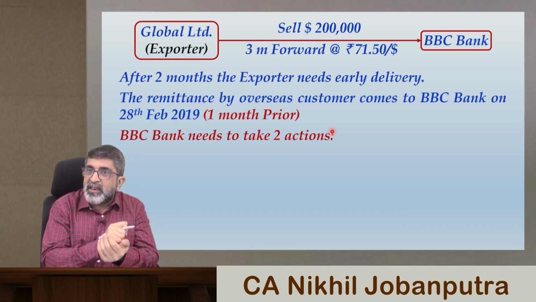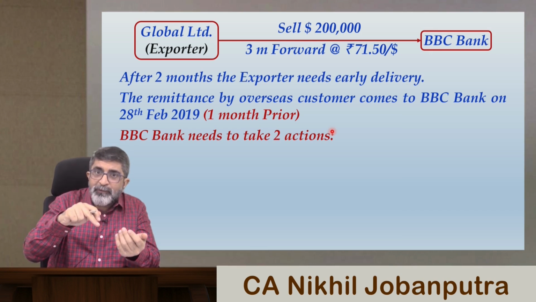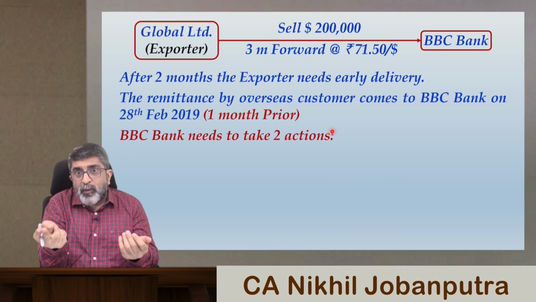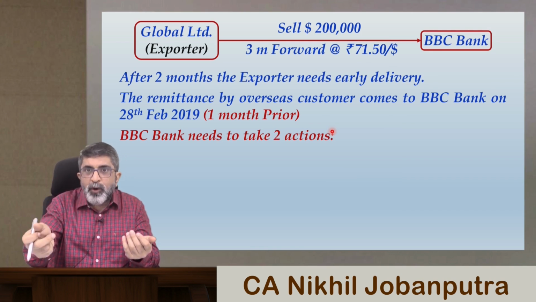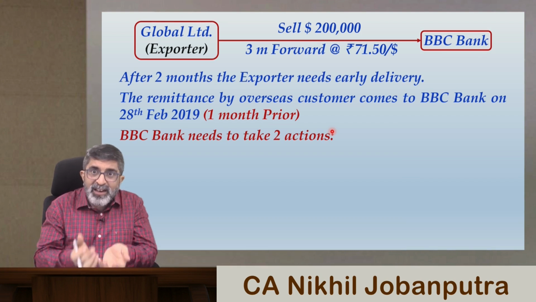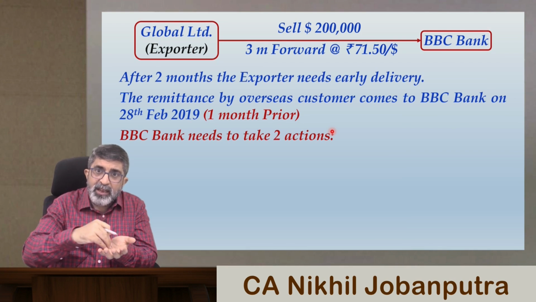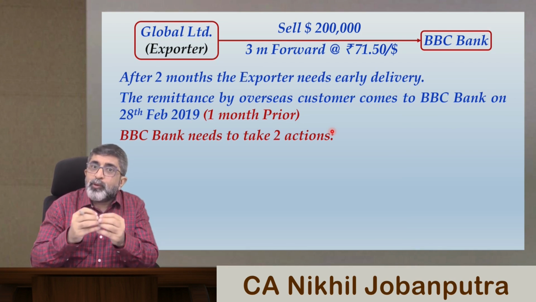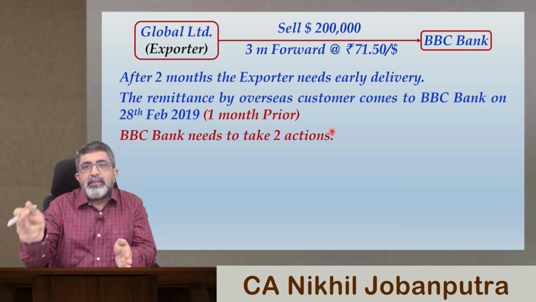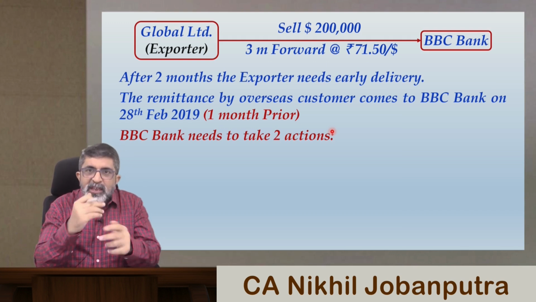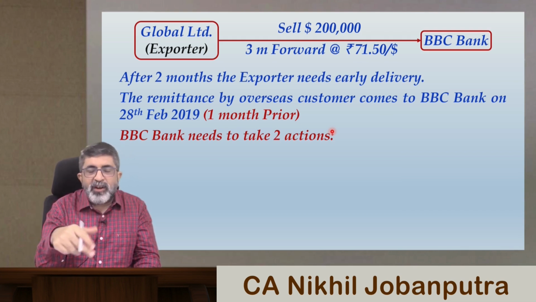Taking a reverse position means if it has agreed to sell dollars earlier, now it will have to take a 1 month forward position to buy dollars. That means it will have to buy 1 month forward, and for the early acceptance of this dollar, that is the $2 lakh remitted by the importer, that will have to be sold spot. That means you have to sell spot that dollar and buy 1 month forward. That means you are swapping your position, which may result into a swap gain or sometimes a swap loss.